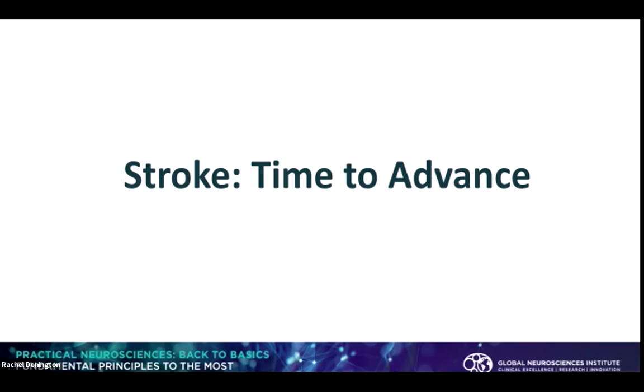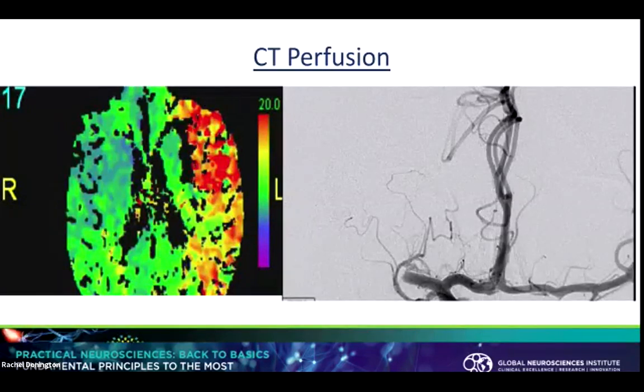So for stroke, I'm not going to show you before and afters. I'm not going to show you all these great saves. You've all seen that. You all know that's out there. That's what everybody's being inundated with. Let's talk about how we can take the technology that advanced the bar with stroke and start looking at it for other things. So this is, not typical, but in most places now, a CT perfusion and a diagnostic cerebral angiogram.